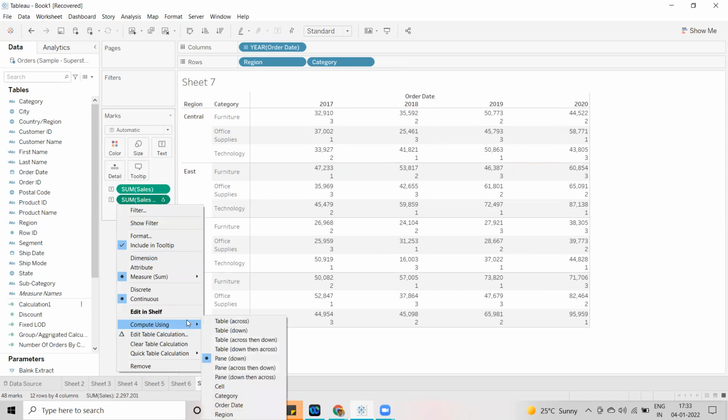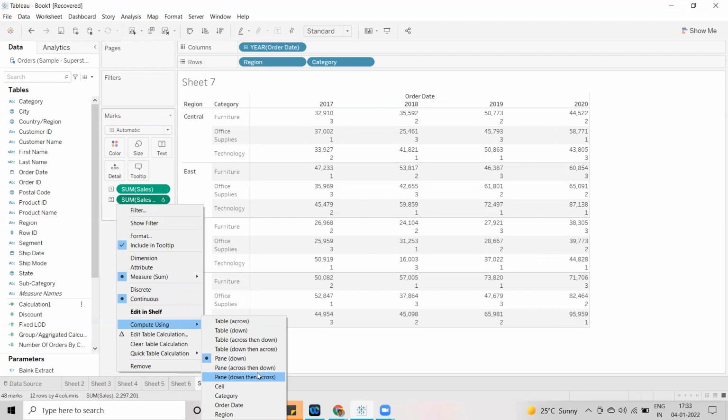Right. So now the other options are pane across then down and pane down then across. Both are going to give the same result again. Okay. So now, guys, this is going to give different values if you select a different table calculation type. Now we are using rank, so that's why we are not getting the difference.